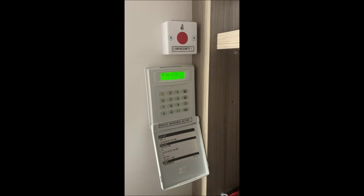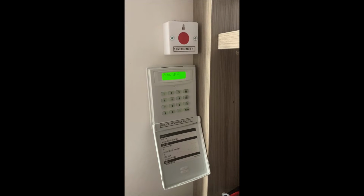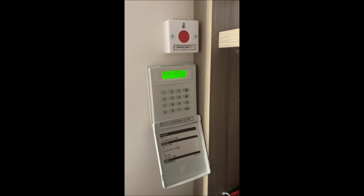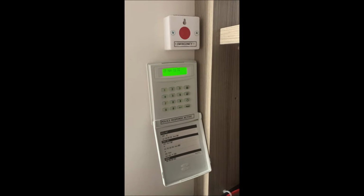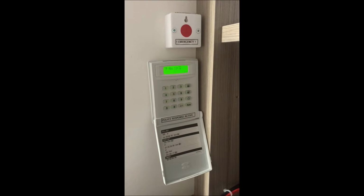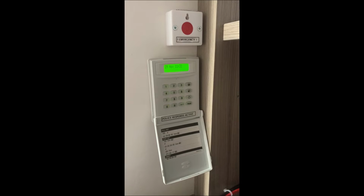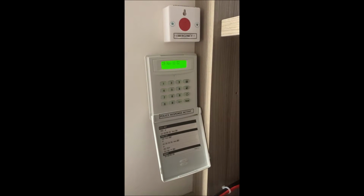Since I've recorded a video, I thought I would bring the little GoPro along today on a service visit. So this is one of our hardwired systems. This is a Gardtec EuroSec-8. We don't actually fit these anymore. In fact, I'm not even sure they're still in circulation, but this alarm system is connected to an alarm receiving